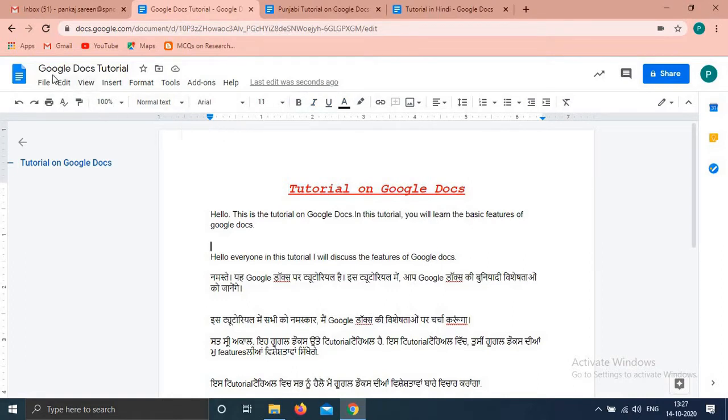Fine, so another feature that is available in Google Docs: you can share this document with your friends, you can share this document with your students. So for that you have to click on this share. By default it is private, private to only me, no one will have access to this document.